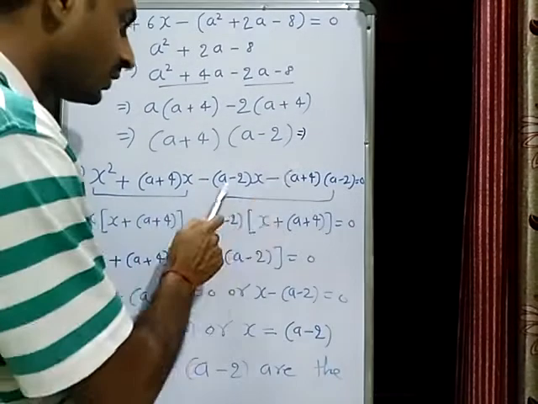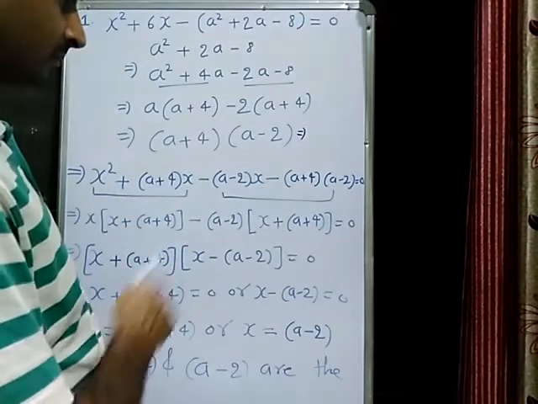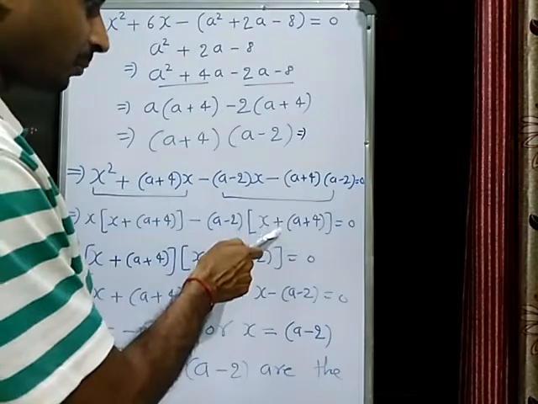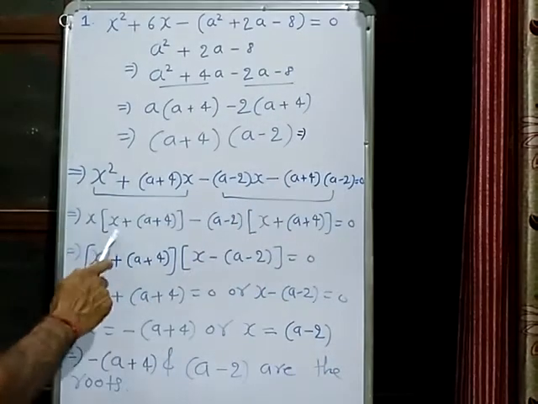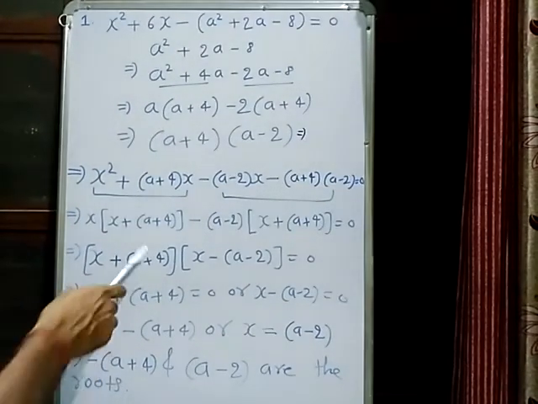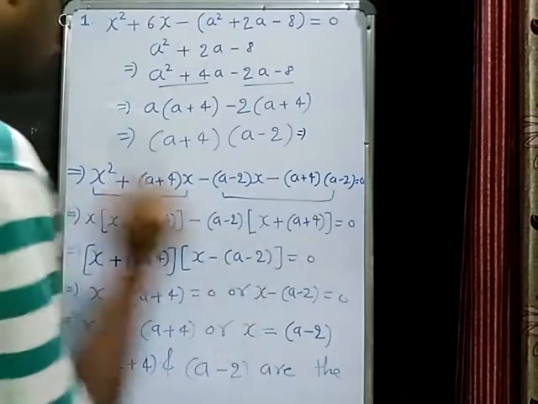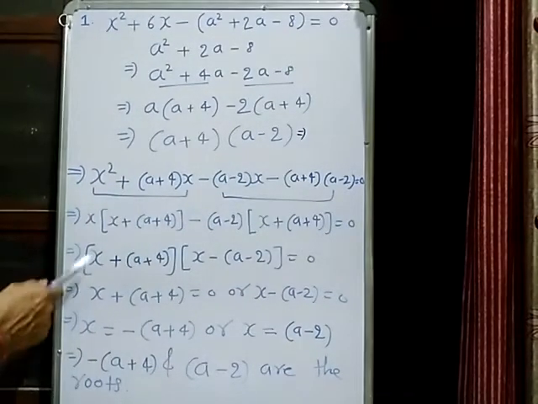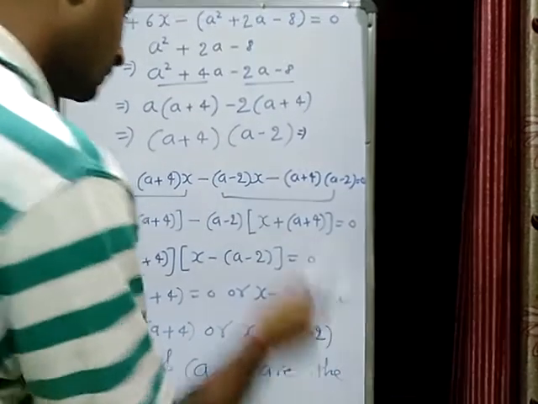And in the last two, what is common? a minus 2, and minus is also common. So minus a minus 2 common. Then remaining x, and this sign becomes plus a plus 4 is equal to 0. Now look, these are the same, so it is correct. So what is common again? x plus a plus 4. And if you take x plus a plus 4 common, then remaining x minus a minus 2 is equal to 0. Therefore, either x plus a plus 4 is 0, otherwise x minus a minus 2 is 0.